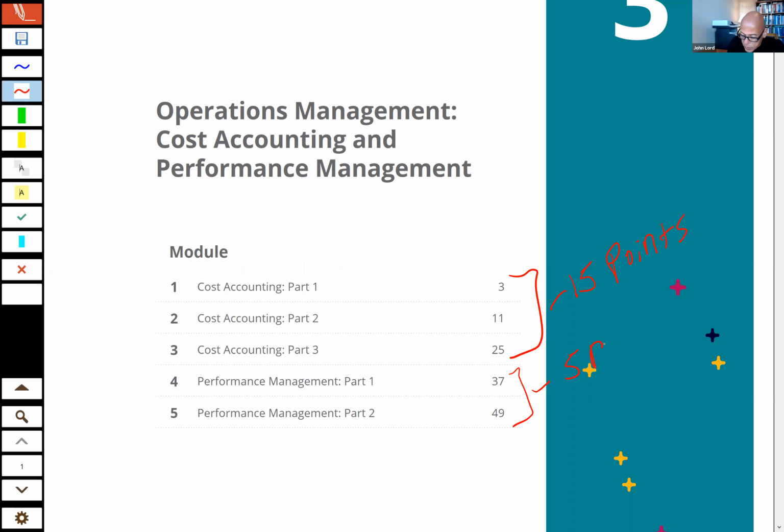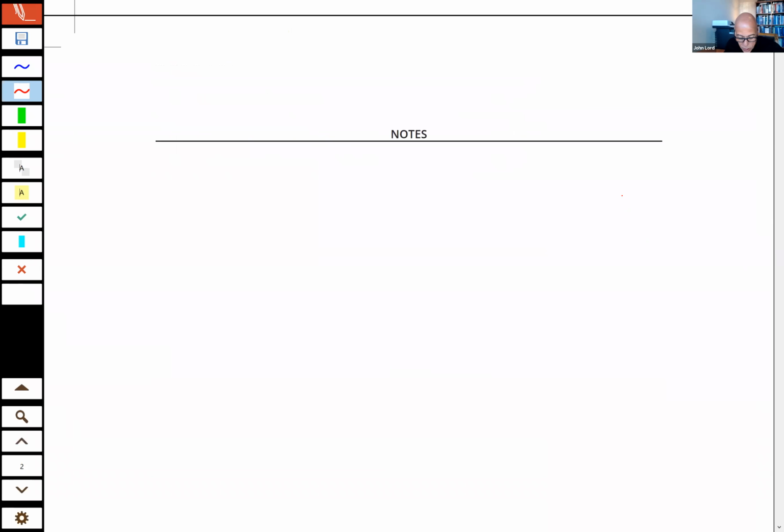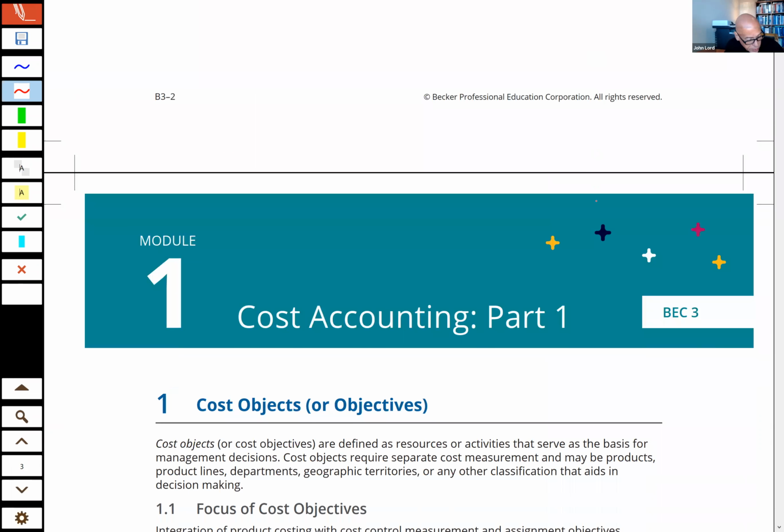The remainder of this area, which is really another one of those formula-driven modules, is going to be about 5 points. And we'll get into that and spend a little bit of time with that next time. My anticipation is that next time we will actually complete chapter 3 and probably have sufficient time left over to make a good start into chapter 4. Okay, so let's just go ahead and start to take a look at cost accounting/managerial accounting.